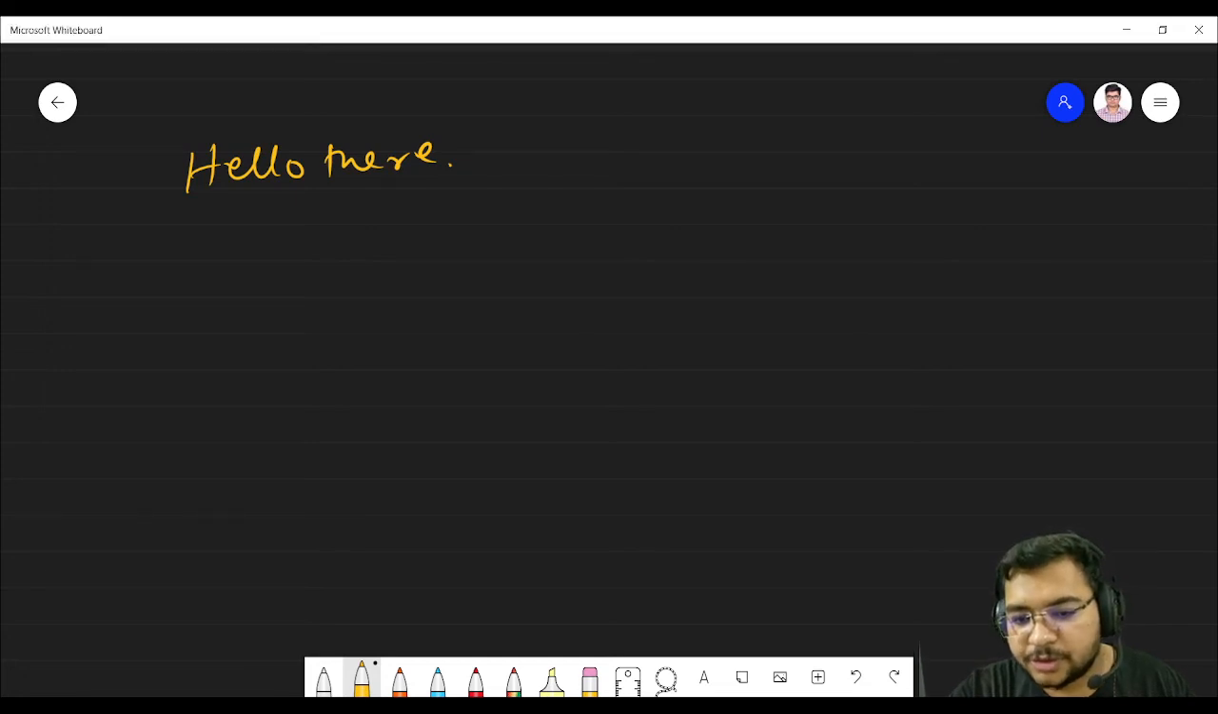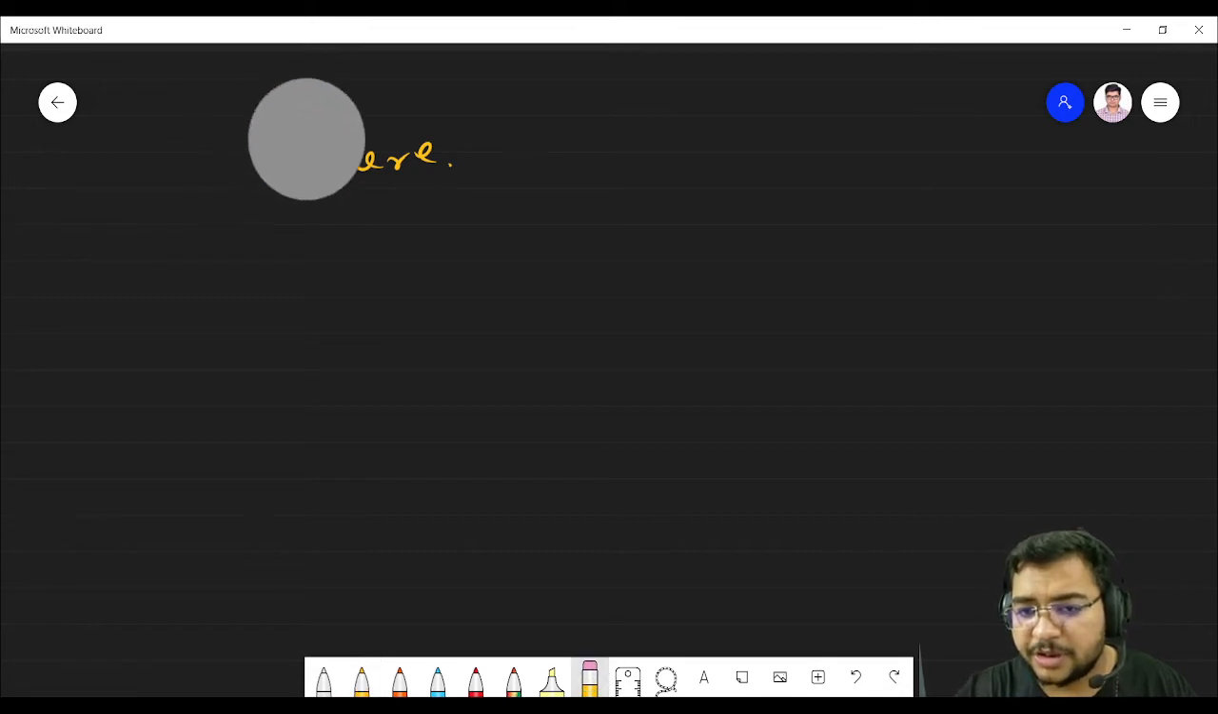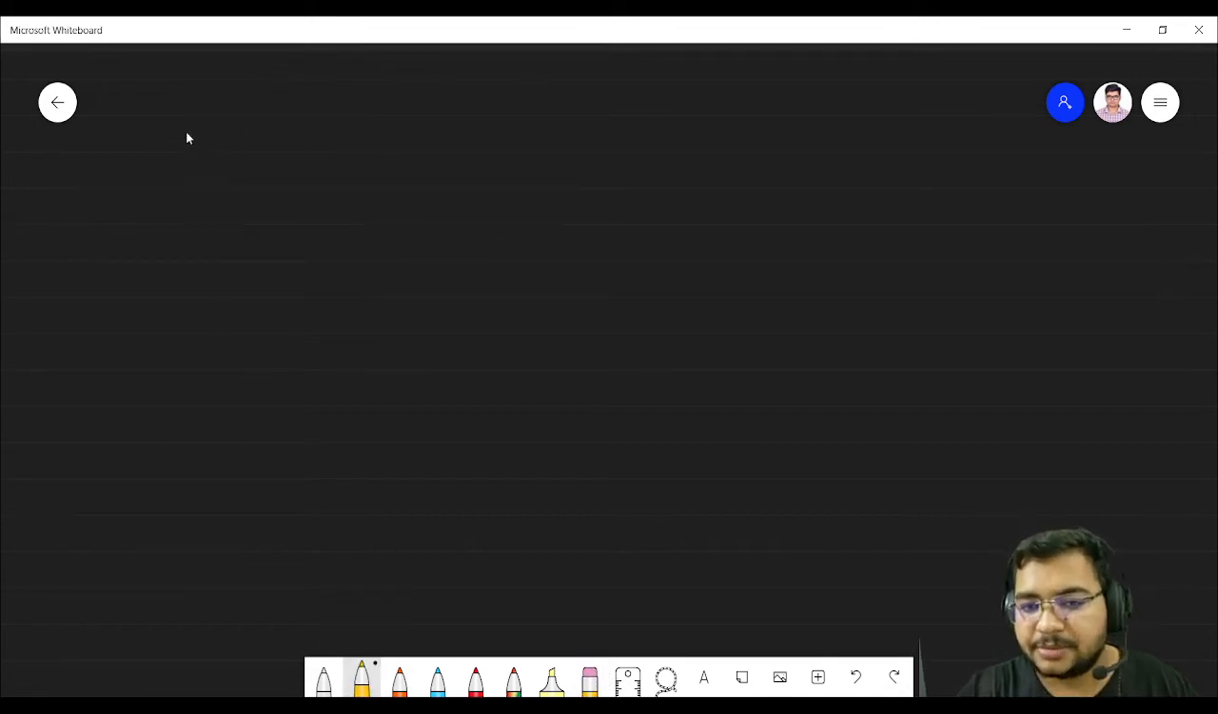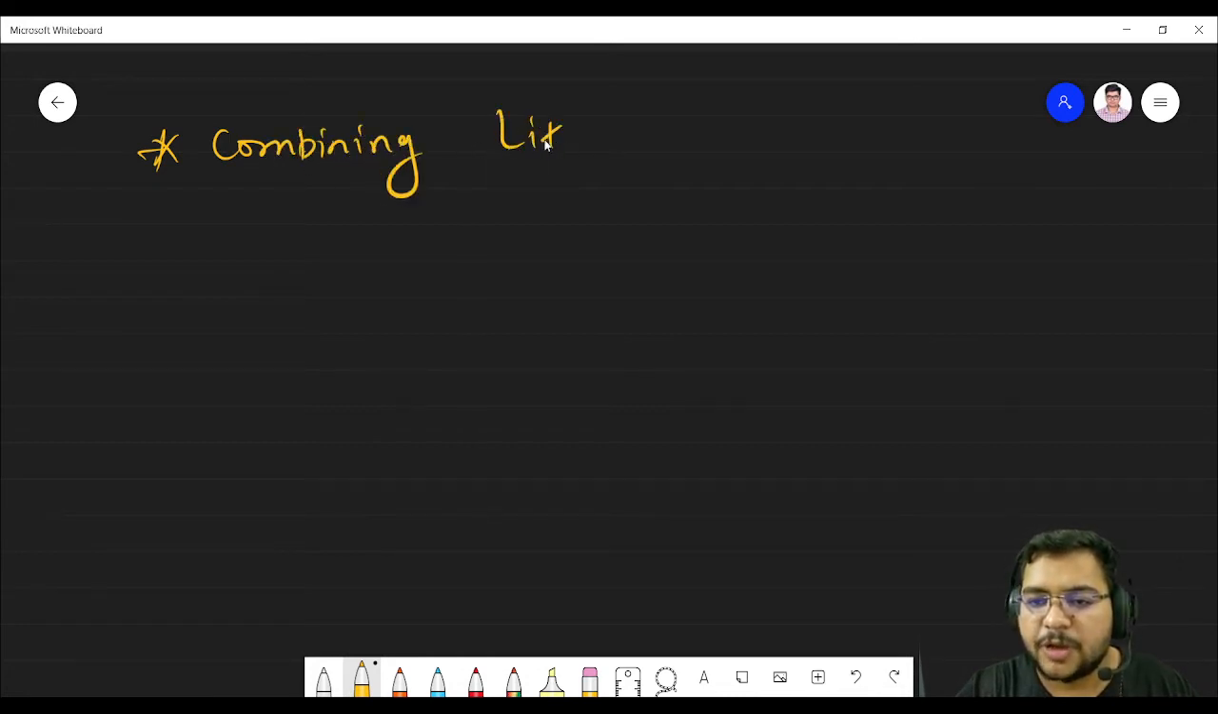Hello friends, so today we are going to start with a simple topic in algebra, that is combining like terms. And what we are going to study in this topic is if we are given some terms and we have